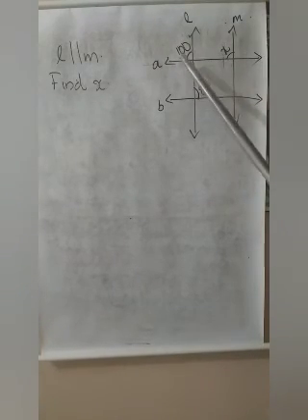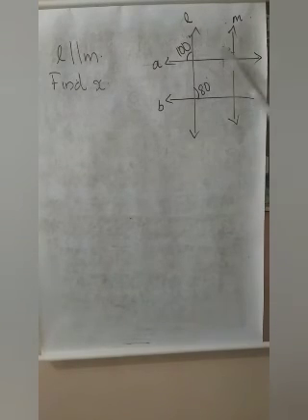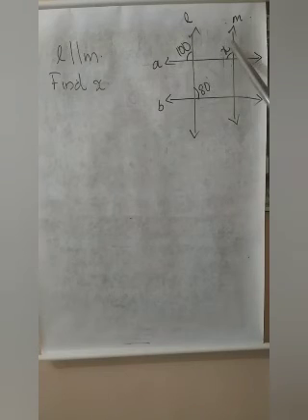Now two angles are given here, 100 and X. Can you find out the relation between this 100 and this X? Yes, they are a pair of corresponding angles, isn't it? When these two are lines and this is a transversal, these two are a pair of corresponding angles. Then we can directly say the value of X. The value of X will be 100 because L and M are parallel. If L and M are parallel, each pair of corresponding angles should be equal. Here X and 100 are a pair of corresponding angles.